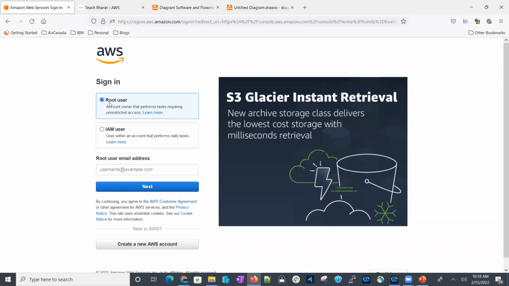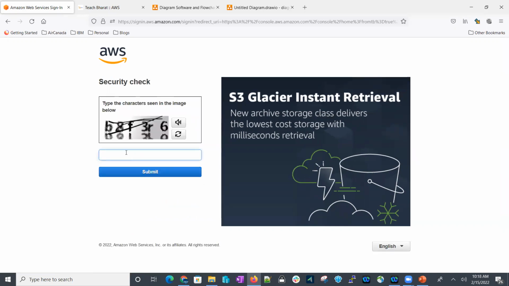Here you need to choose root user. Give a user ID, which should be your account ID. The email ID you used at the time of account creation in AWS, just use this. Then next,